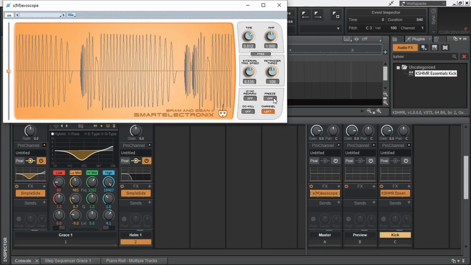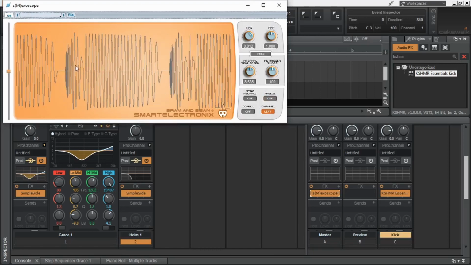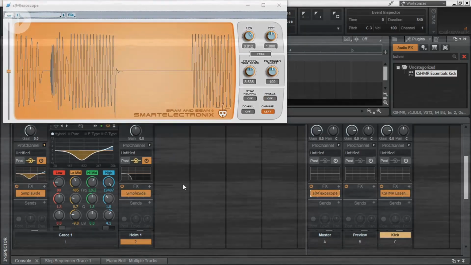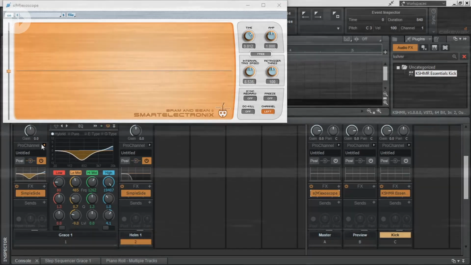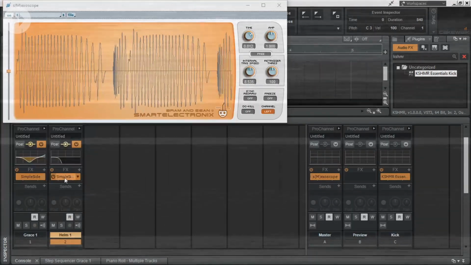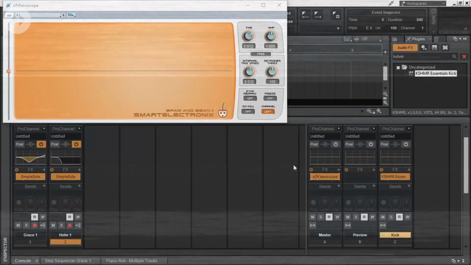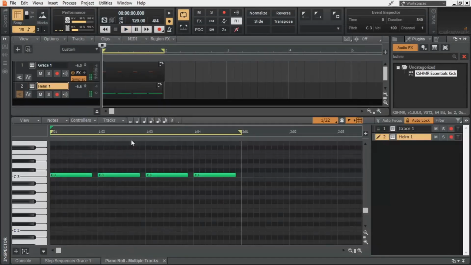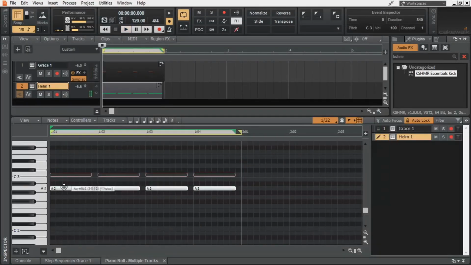The transient and body seem to be a bit disconnected. I tried changing the volume shapes but wasn't successful. Then I tried bringing the body of the kick from C to A, which made it work.